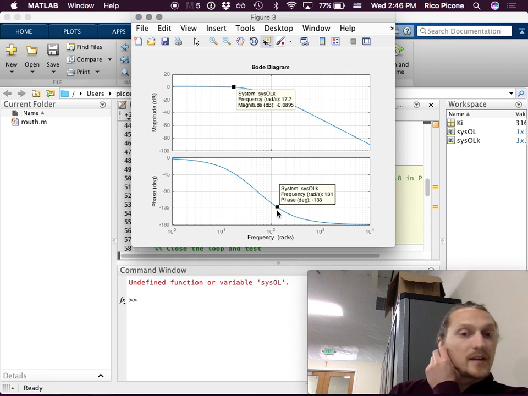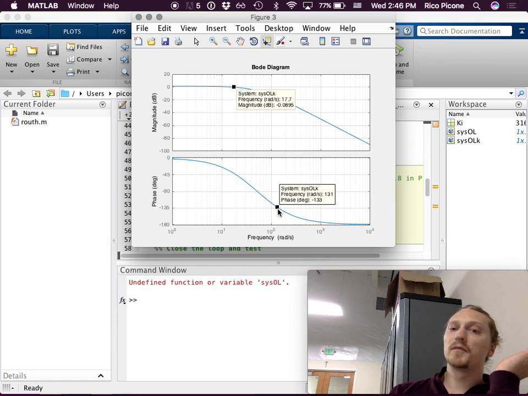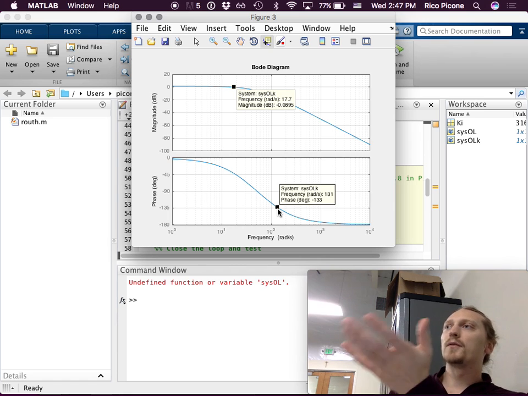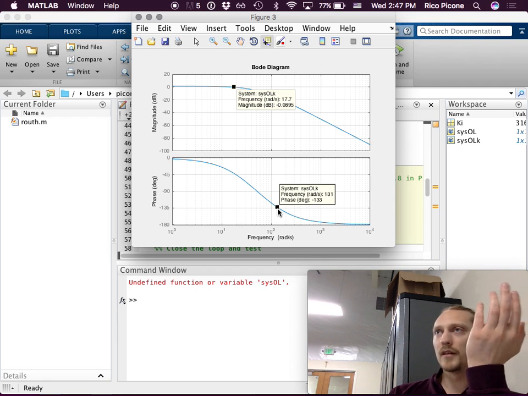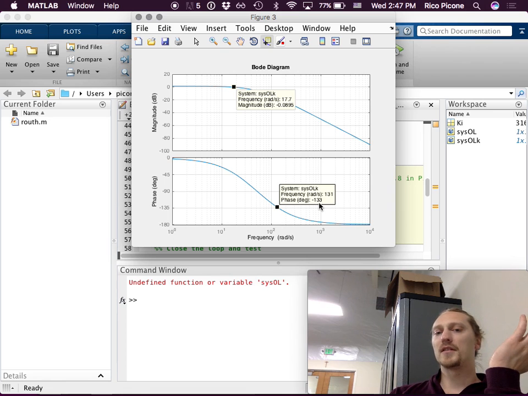So I want a phase margin of 48 degrees. So I need to be 48 degrees above negative 180, and I need to find out at which frequency that occurs. This is where I want my phase margin to be, approximately. If I took 180 minus 48, I'm going to get 132, right? And 133 is pretty close. I can get a little bit tighter if I put more points in here, but this is not a bad start. So at about 130 radians per second,